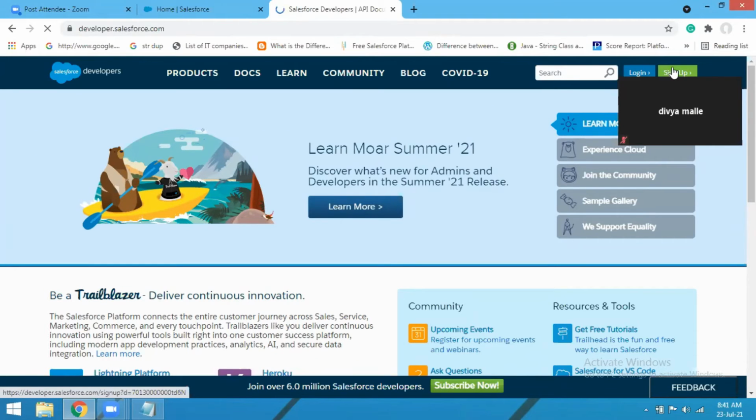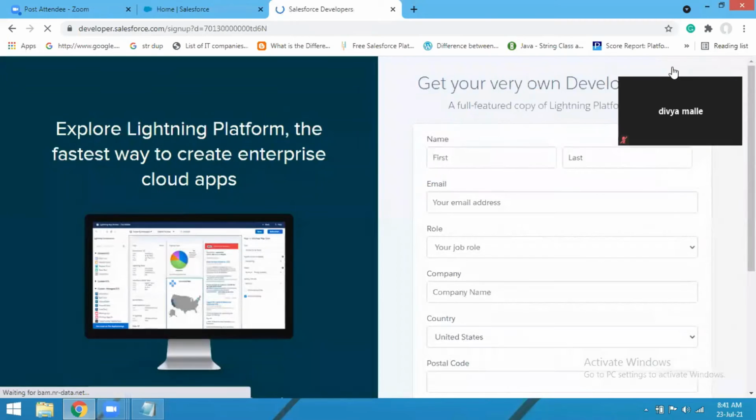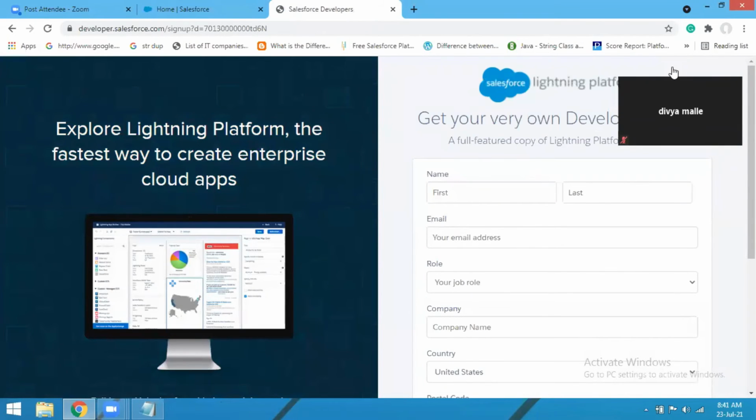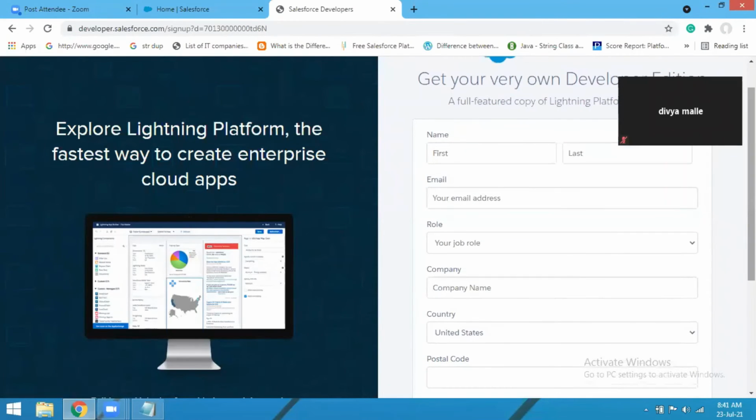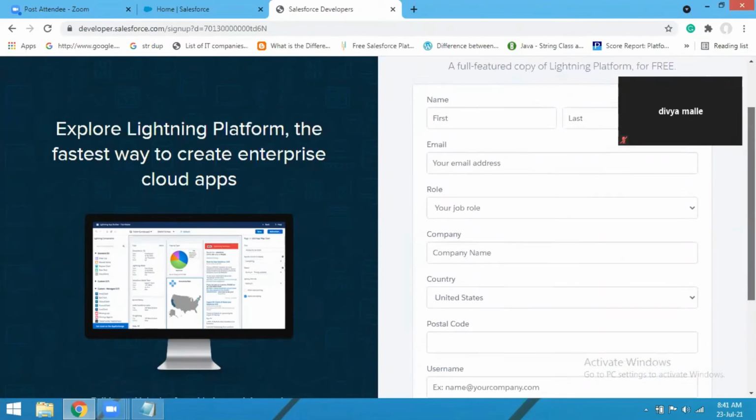Yeah, and one more thing, Salesforce is not free. So if you are planning to use Salesforce, or if an organization is planning to use Salesforce, Salesforce is not free. If you want to migrate your business into Salesforce, you will have to contact Salesforce, purchase the licenses. Salesforce charges per user per month, and then you can make use of the Salesforce.